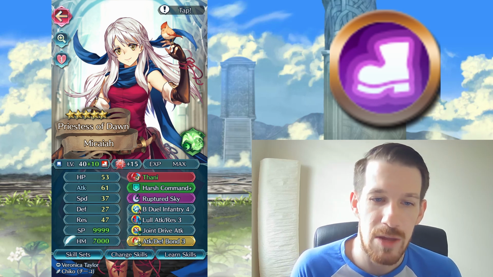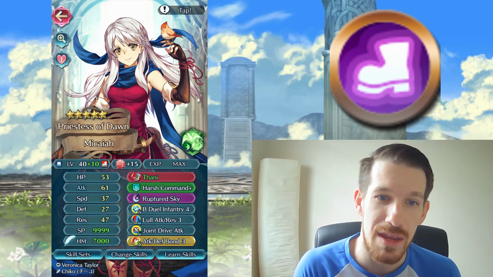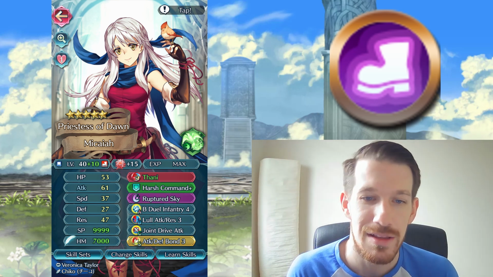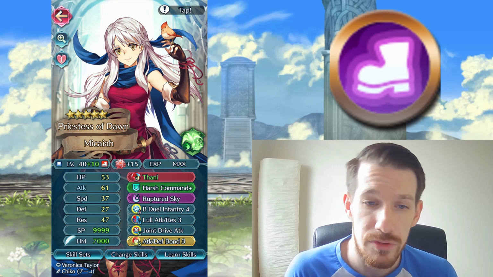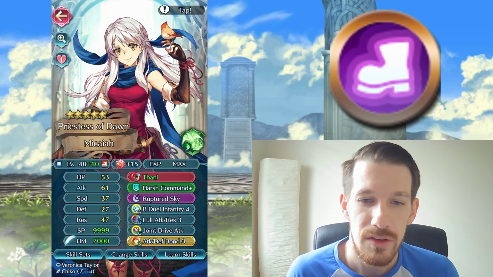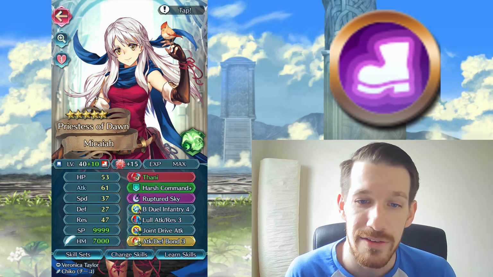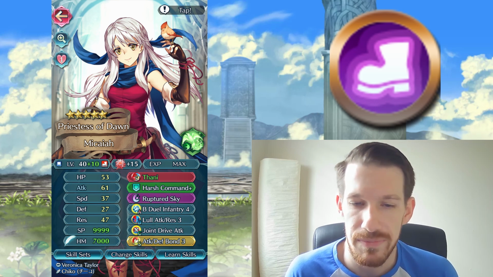So the auto follow-up is super helpful because it gets through Wary Fighter, and then she can usually outspeed anyone that has follow-up denial. Ruptured Sky will also charge after she attacks, gets attacked back, and then attacks again. So that's a good special for her as well. I have Harsh Command here. You could absolutely run Sacrifice, or you could run just a